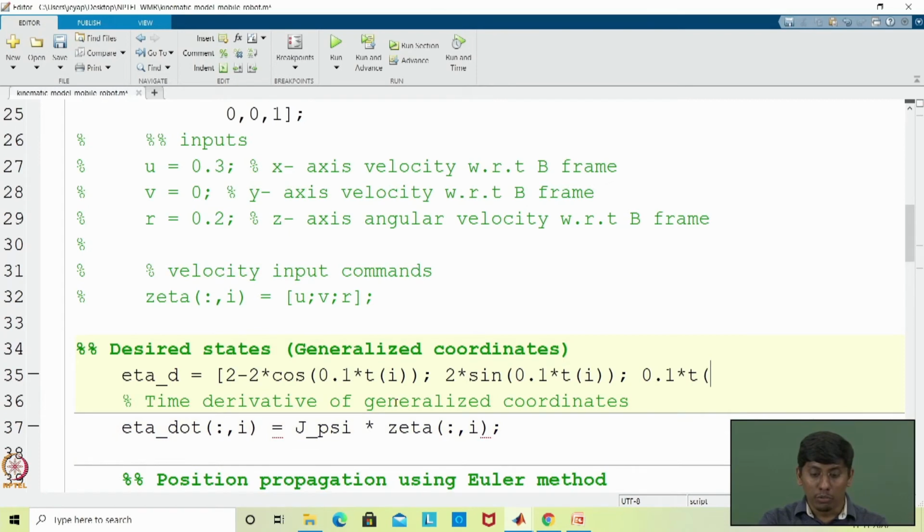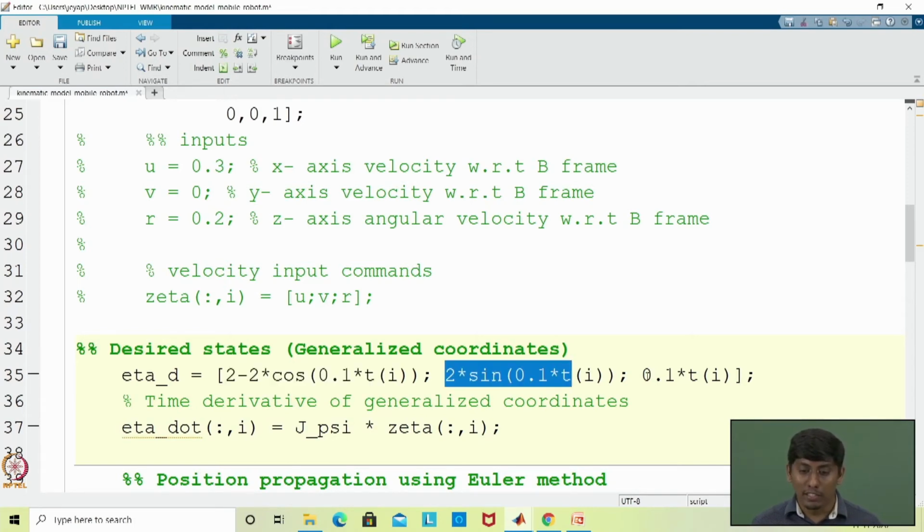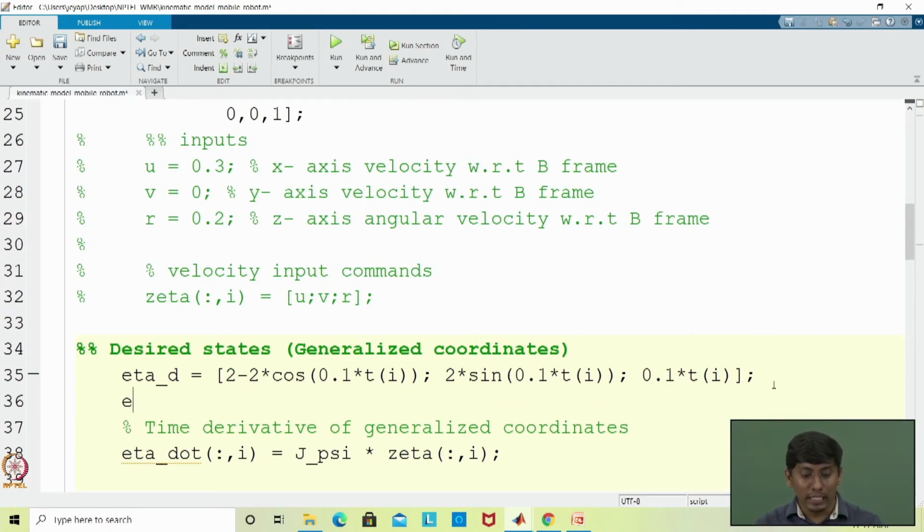Okay. So now what have you derived? You gave eta desired, which is nothing but x desired, y desired, and psi desired. Based on that, one can find x desired dot, y desired dot, all we can find. So that I am writing as eta underscore d, that is desired, underscore dot, which says that it is the time derivative.